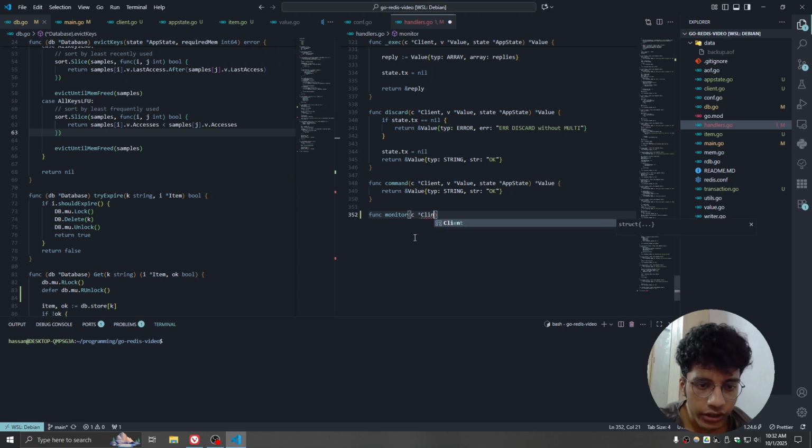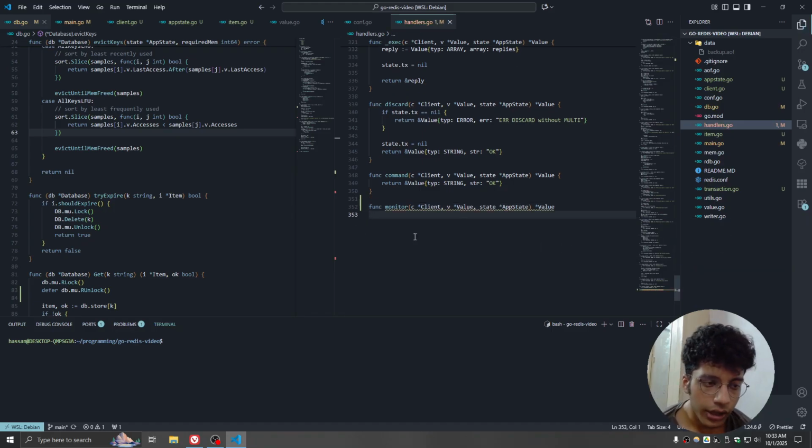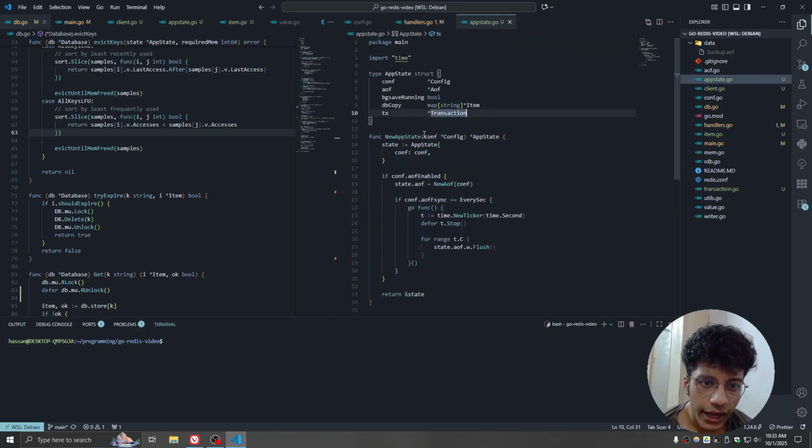C for client, there we go. V for value, state for app state, there we go. Awesome. Now before we actually implement this, we want to go to app state again over here and add the